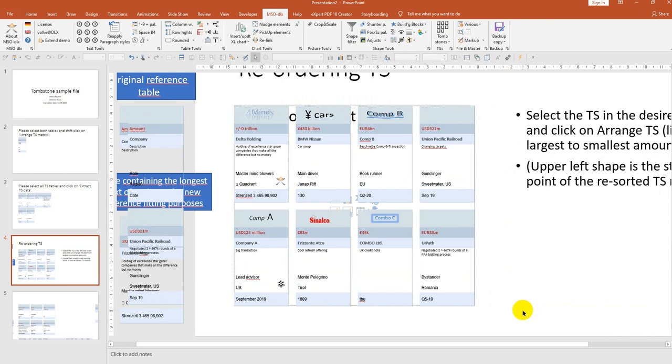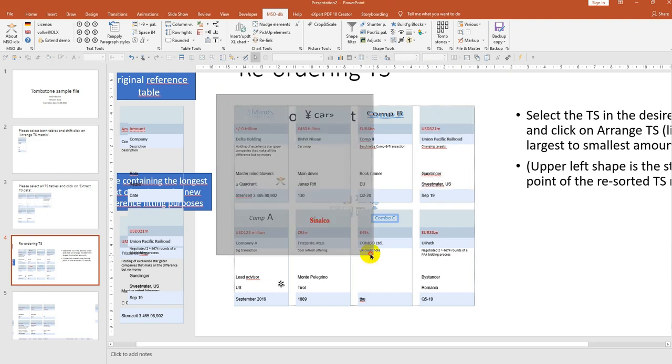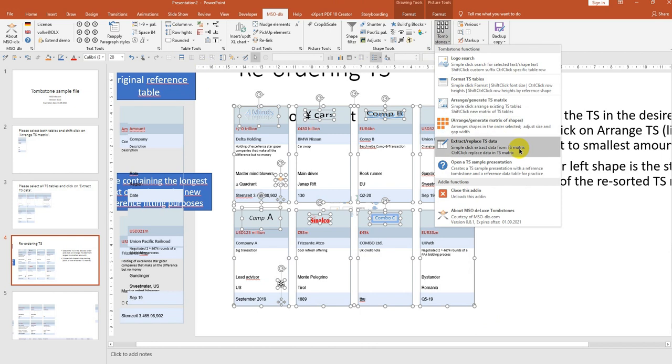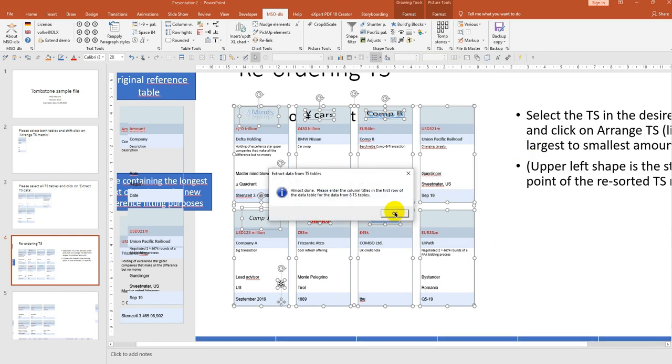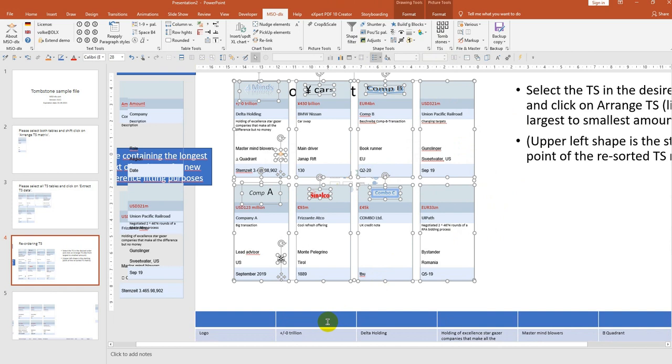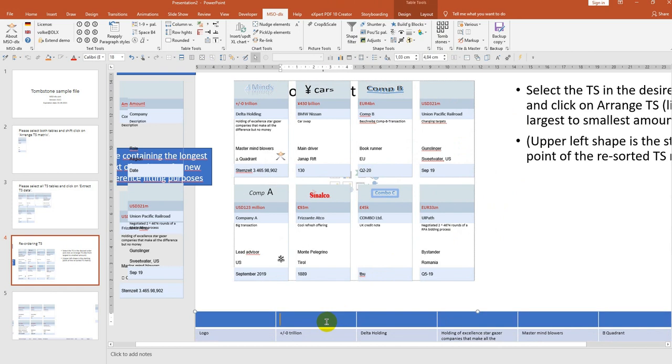One more thing I want to show you is, sometimes you have a rebrand, or a partner is submitting logos to you for a joint pitch and they are formatted differently, not even using different colors and fonts, but also portraying the data in a different order. To migrate the tombstones, you first extract the data. Of course, the macro doesn't know the order of the pieces of information, so you have to fill in the column titles,